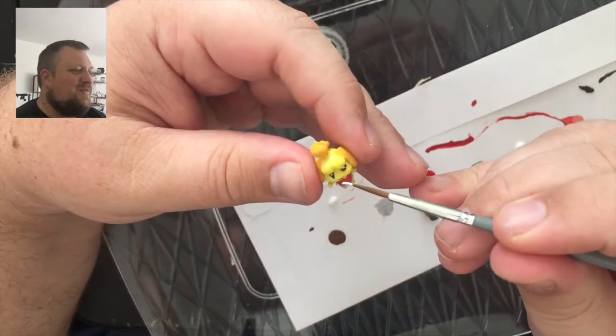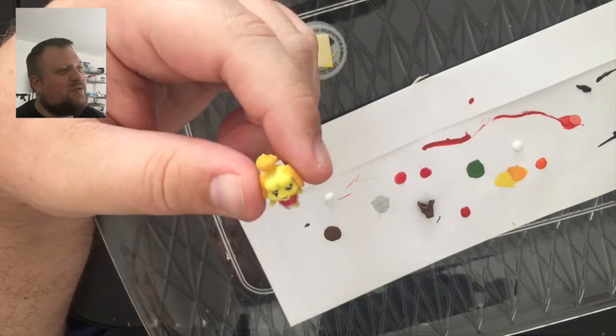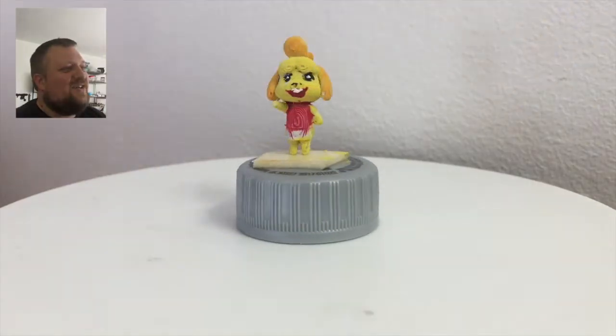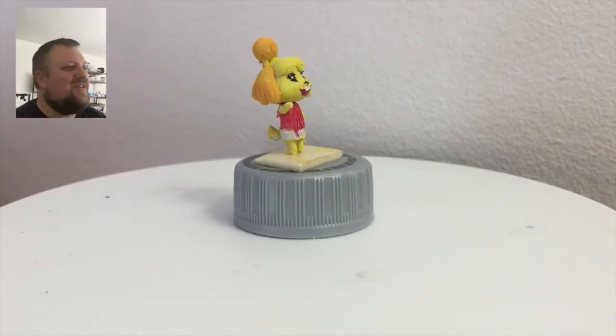So we got the last of the white on for the teeth and the inner eye, and we'll get her up on the spinner here. You can take a look at how she turned out. So it's definitely hard to paint the 3D printed lines,